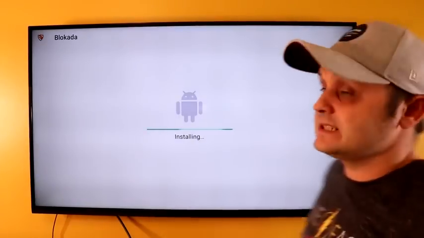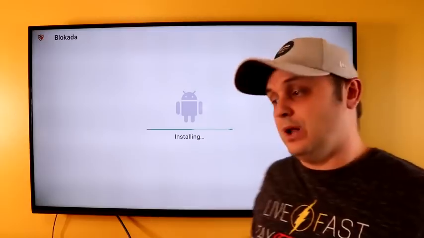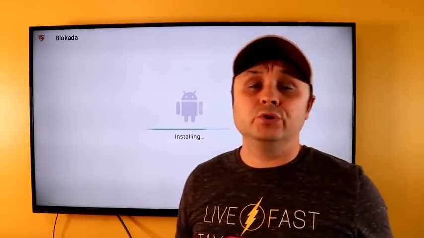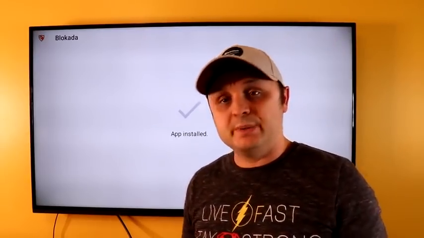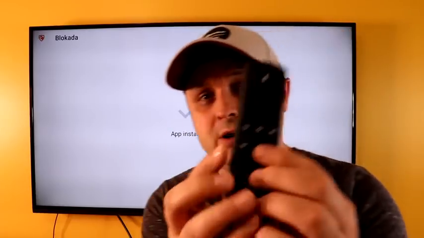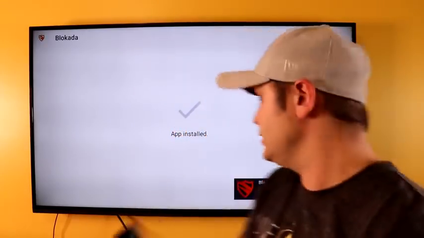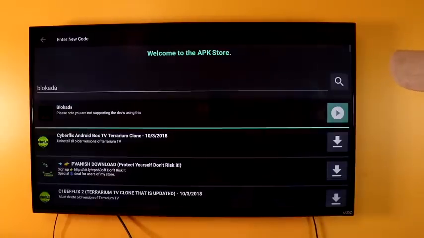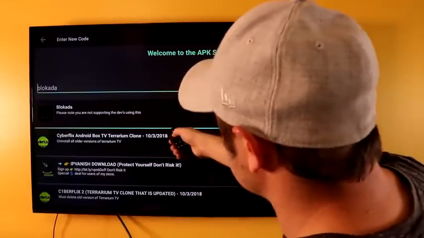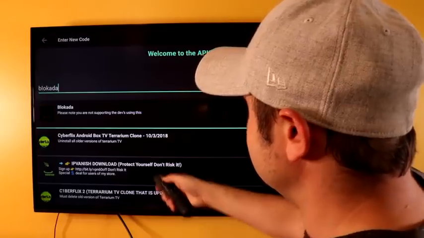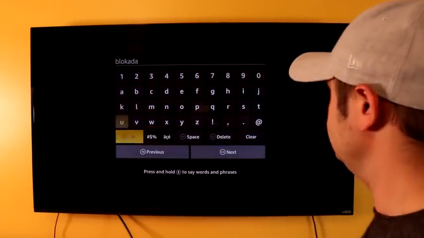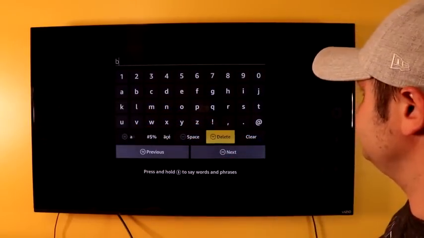The problem with Fire Sticks and Blockada though, we can't activate blocking his host. So what we'll need to do, we'll need to get a mouse toggle, which basically we can activate a little mouse by pressing the play button twice and pressing it twice to disable it. I'll show you that all along. Press done. Okay, go back to the search again, make it green, click inside again, okay, delete all that and